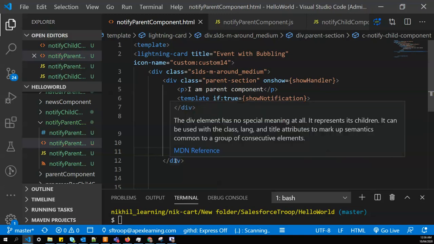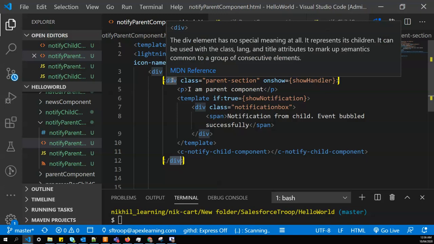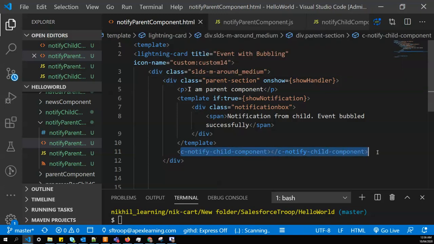Now the thing to observe over here is I have created a div, and within that I'm calling the child component, but I haven't added any event listener or any event handler over here.